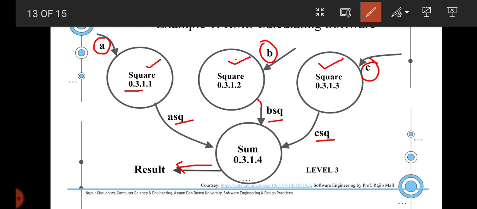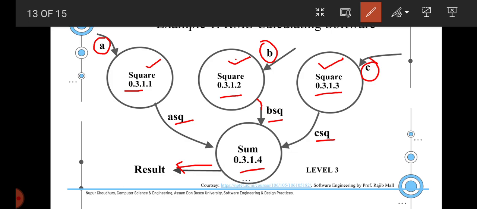processes. We have to be very careful in decomposing these processes because we have to associate the process numbers along with whichever process we are trying to decompose. So this is all about your RMS calculating software. Similarly, we can take various other examples and find out all the high level functions associated with it and represent them in bubbles, and further find out the details or the sub functions these bubbles can be decomposed into.